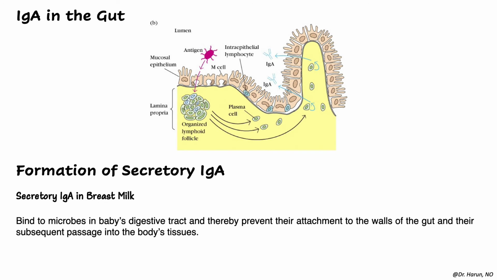Okay, what will happen? So as you can see that this is how it looks like bila IgA berada di dalam gut, and then this is dia punya function in the gut. So kita ada mucosal epithelia. As you can see that this is the antigen, and which finally akan been attracted ataupun dibawa atau engulf into the cell, where di dalam badan kita adalah organized lymphoid follicle, which later we have the plasma cell inside this particular lamina propria